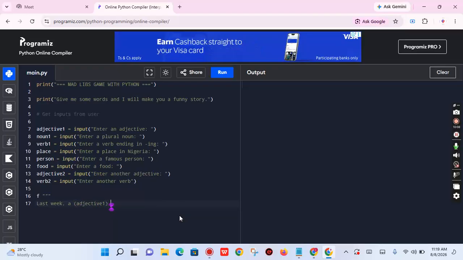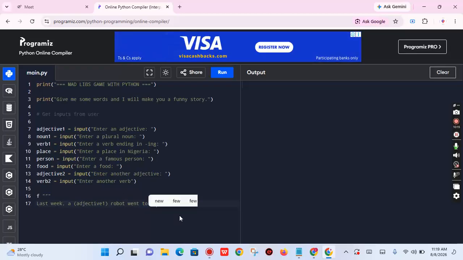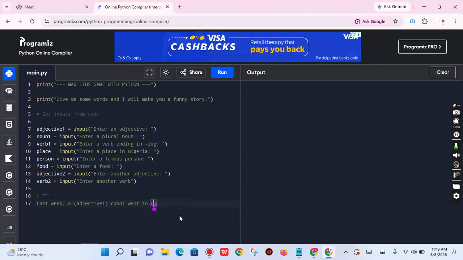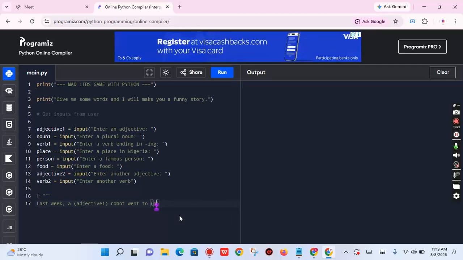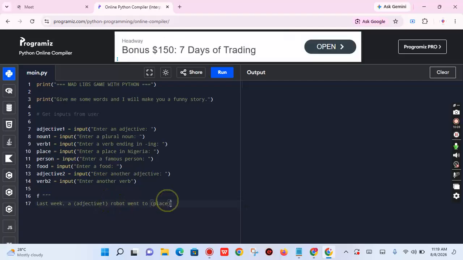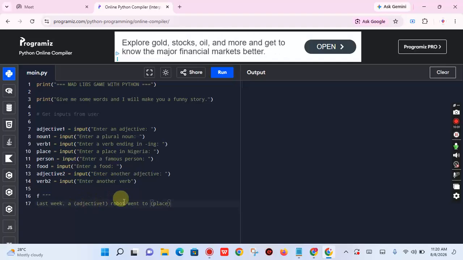Okay, robot went to a place. So these ones I'm putting in the brackets are the variables I've declared. So last week, an adjective1 robot, whatever adjective1 is, went to a place